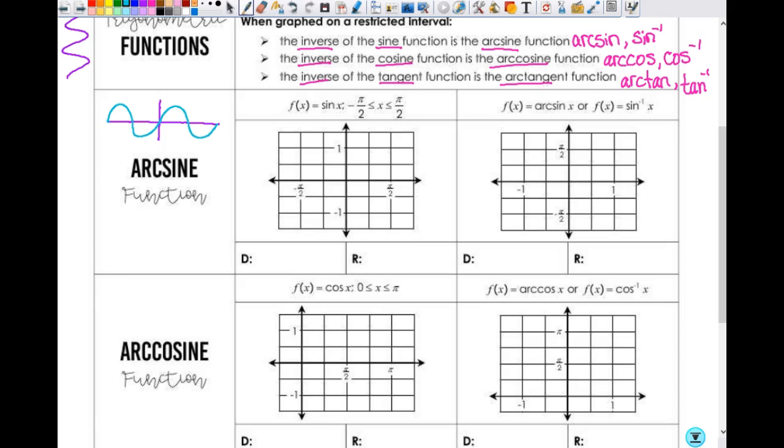So I need to restrict the domain here. And when I do that, it's going to have to be a one-to-one function. Right now, this passes the vertical line test. It does not pass the horizontal line test, and that's the problem, right? Because it's not going to pass that horizontal line test. So if I start here, right? I'm going to start here, and I'm going up this function. When I get to here,